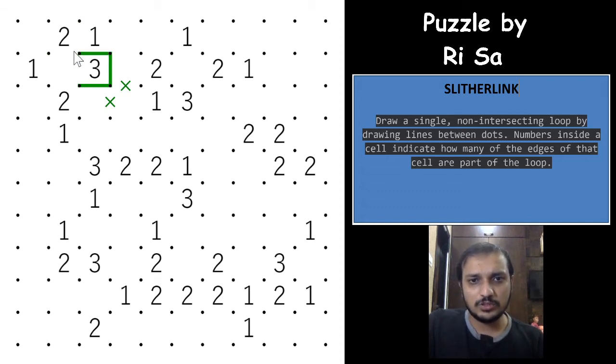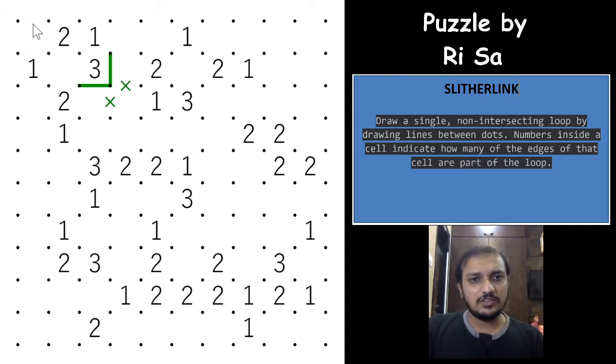So if a 3 goes towards this, it will be this way, because 1 will always be fulfilled. And if a 3 goes up, it can still be this way or this way. So whatever be the case, one of these two cells will have to be a loop segment, right? And which means that one of these two will also have to be a loop segment, because 2 needs to have two loop segments near it. So one will be one of these two, the other will be one of these two, and whatever be the case, the other loop segment out of one of these two will always have to go this way.